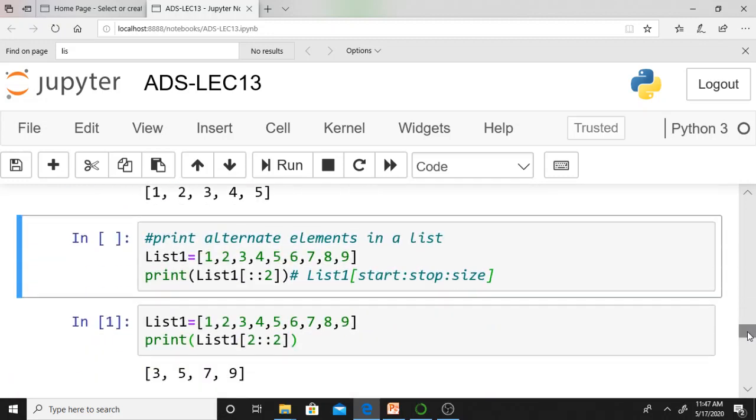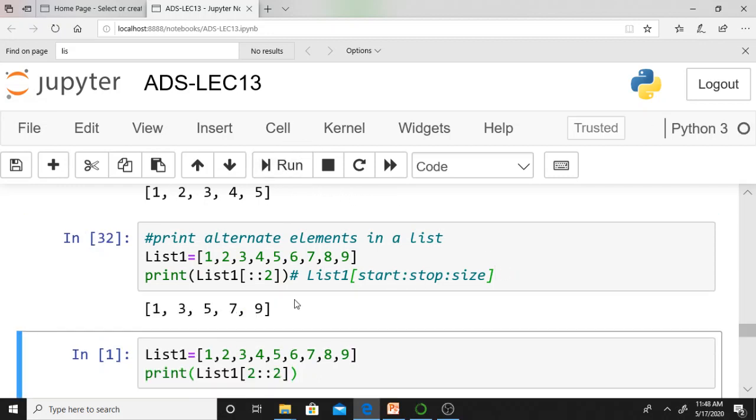Colon colon 2, start, stop, step size. This syntax I already discussed. Just see this one. What is start? Start index is 0. I am not keeping anything, which means start index is 0. Stop, where should I stop? At the end. Start, stop, and step size. Step size 2 means first it will display 1, next it will skip the second element, after that 3, next it will skip 5, in that manner from start to end.